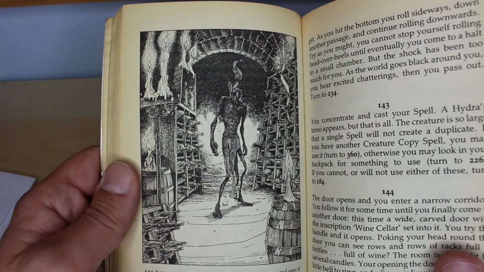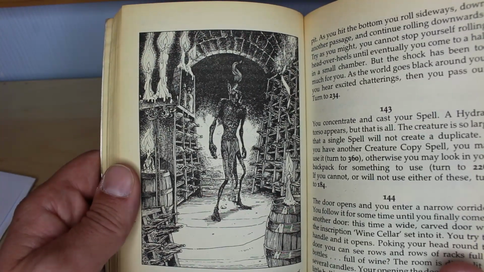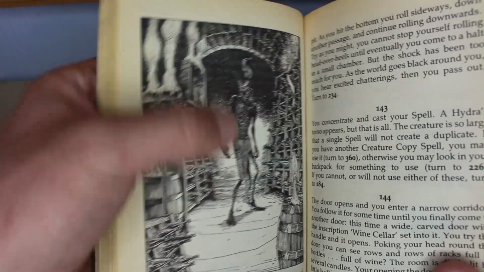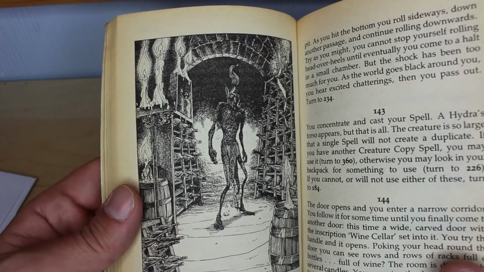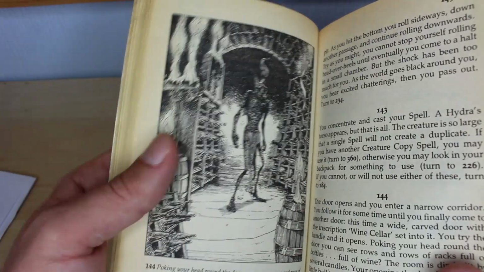I kind of like this one. Poking your head around the door, you can see rows and rows and racks full of bottles, but no mention of the actual creature standing right in front of you. But I do like the attention to detail on that creature. That does stand out a lot more for me, and the attention to detail and everything else, for once, works for me,